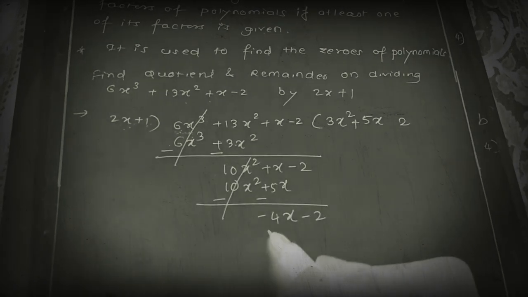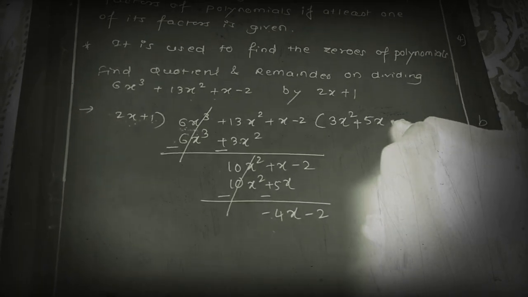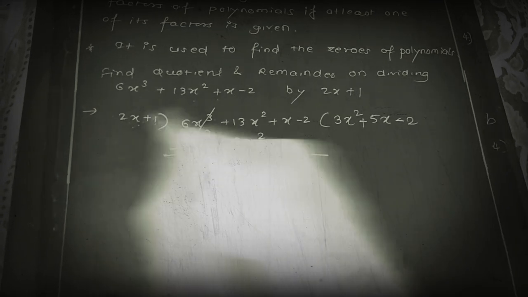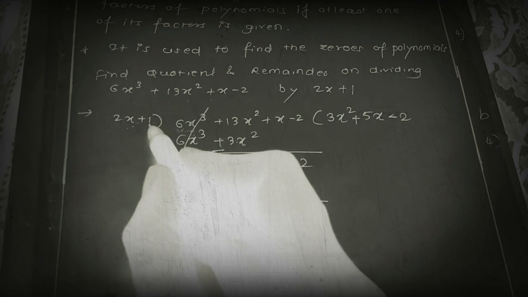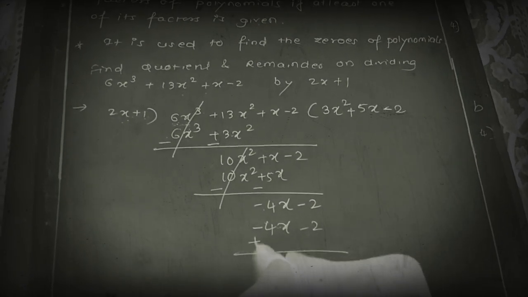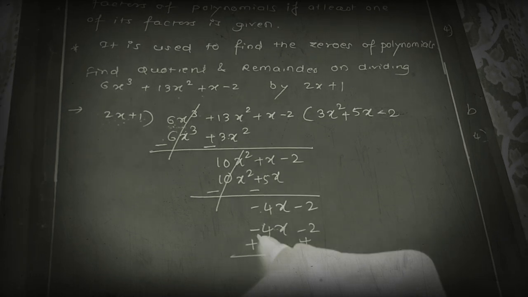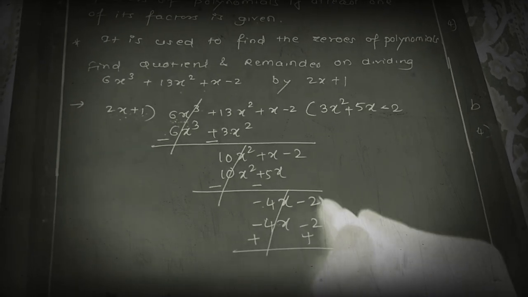But here we have a minus sign, and here we have a plus sign. So plus minus will become minus, so you have to write minus. 2 2s are 4, plus minus is minus, into x. 1 2s are 2, that is minus 2. Just change the sign of the second row. Plus plus. Minus 4x plus 4x will be 0. Minus 2 plus 2 will be 0.